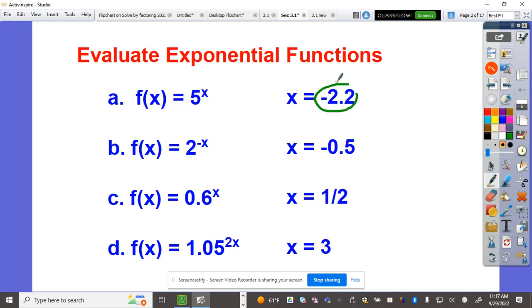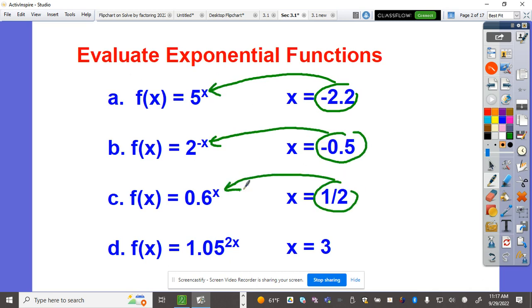We're going to plug in negative 2.2 right there. We're also going to plug in negative 0.5 to the x, with a 1 half and with a 3. I need you to get your graphing calculator and plug in. This will help you familiarize yourself with solving exponential expressions or equations. So let's go ahead now. 5 to the negative 2.2